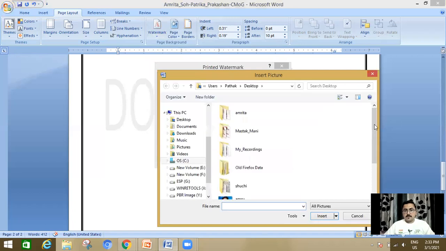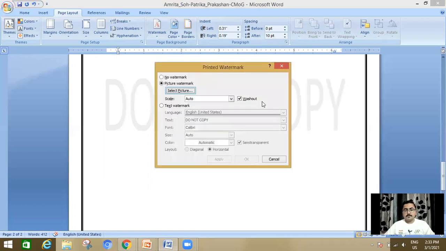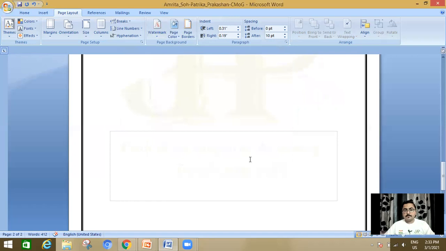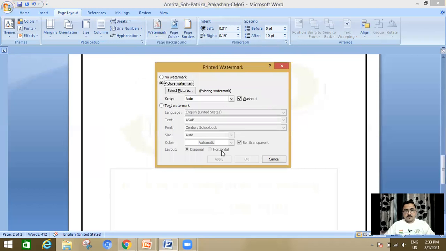Like that, I have taken my logo, insert, and then click on OK. You can see that it looks like a very... I'm going to scale it by using 100%.